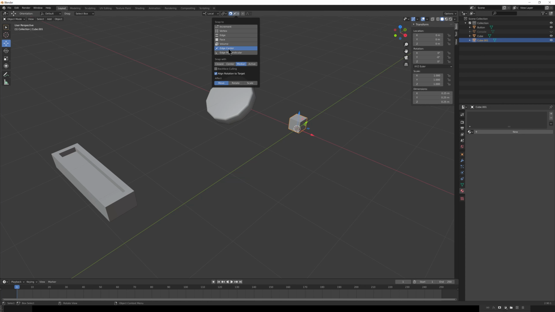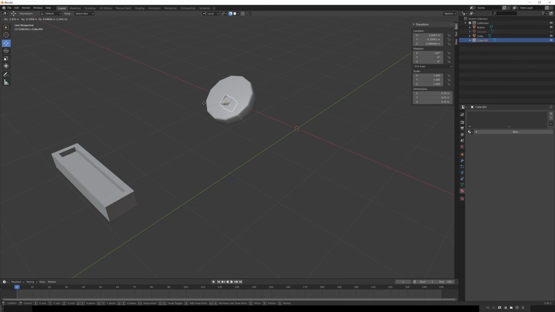I'm going to turn off Increment. I'm going to turn off Edge Center. I'm going to go to Face in this case. And let's just go to closest for now, or even center. Either one's fine for us. And now that we have this, I can hit G, and you'll notice that it's going to ride the surface